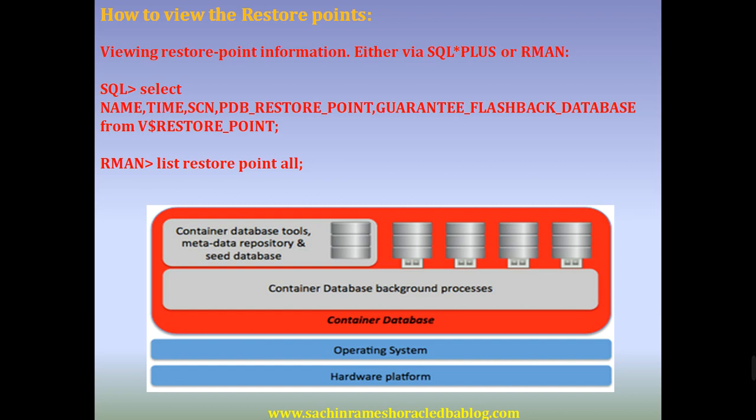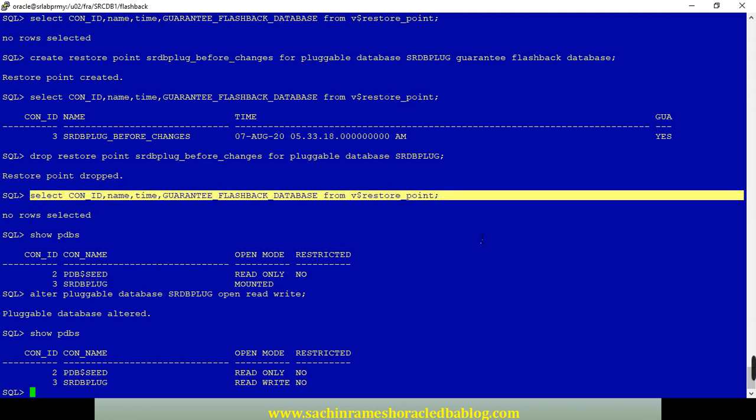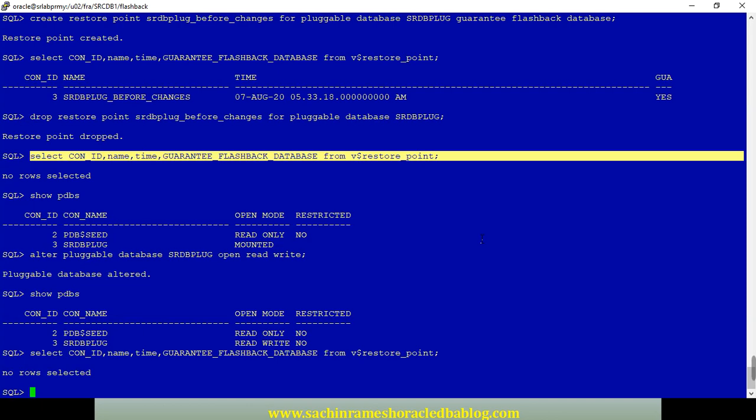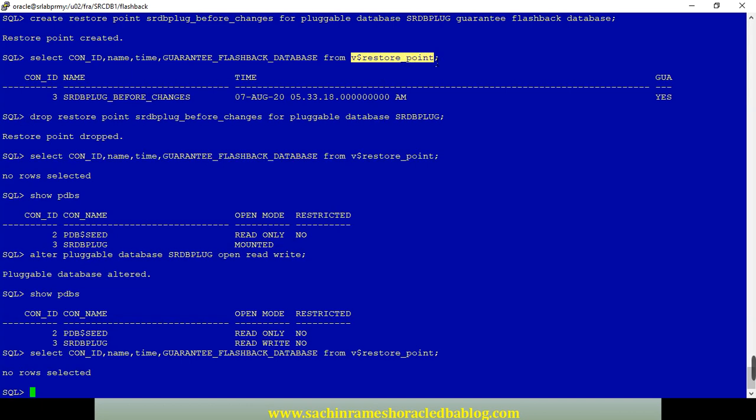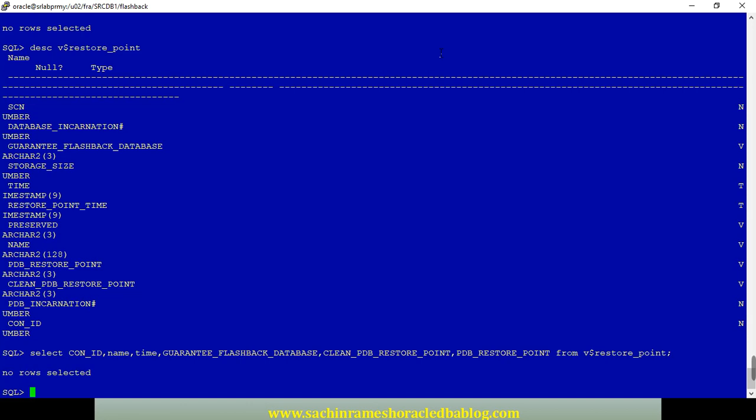How to view the restore points? It is showing how to use the restore point. The same query I used here for you guys. This is a query. We can view the restore point, and we can also include this clean PDB restore point.